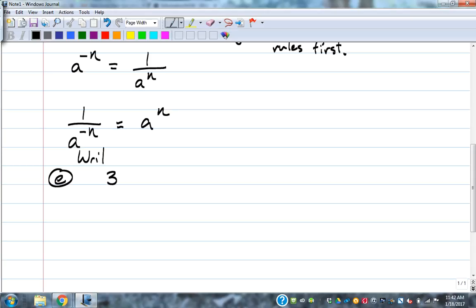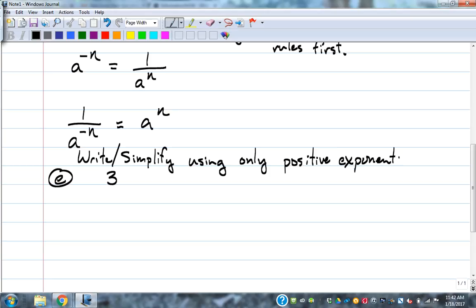Let's write: simplify using only positive exponents. Okay, so remember, we never want to leave an answer with a negative exponent. Okay. So